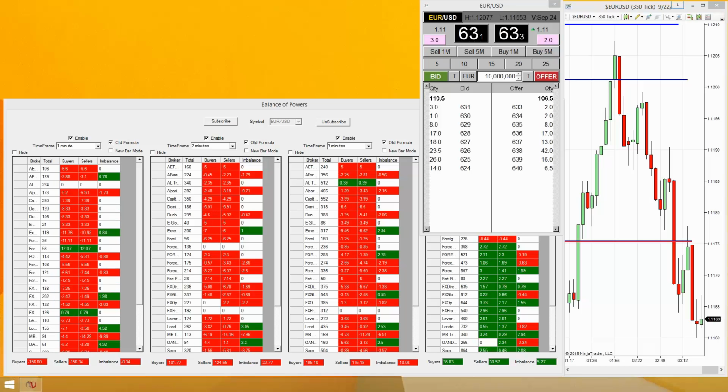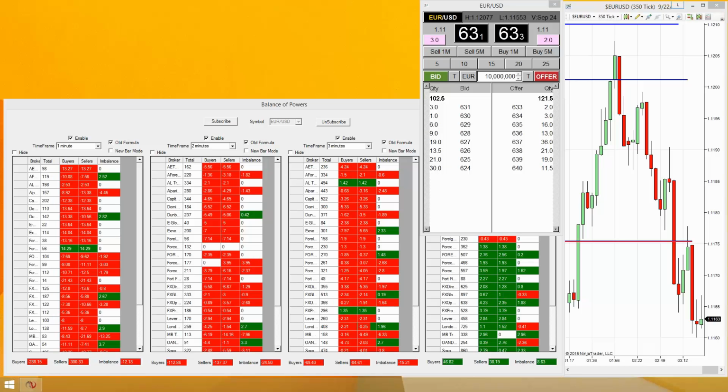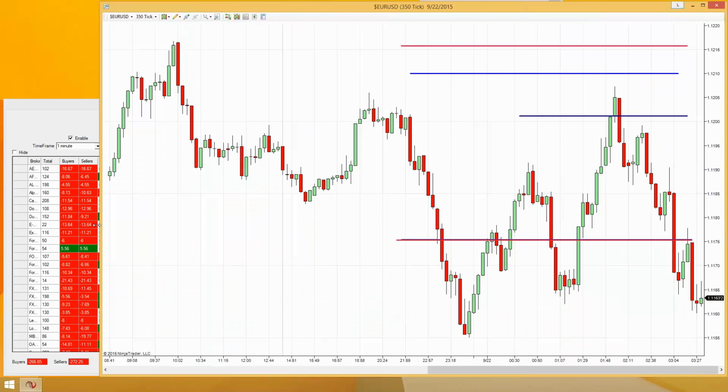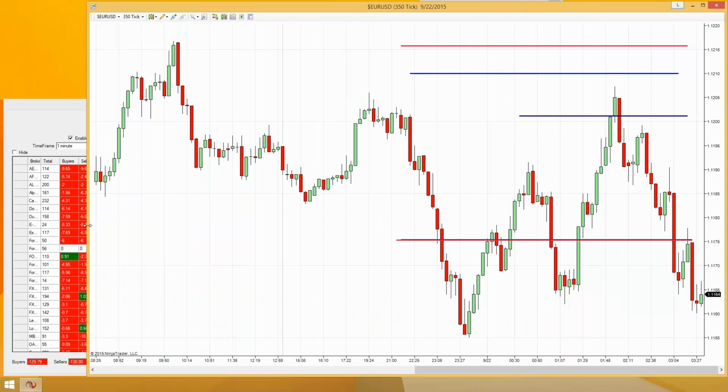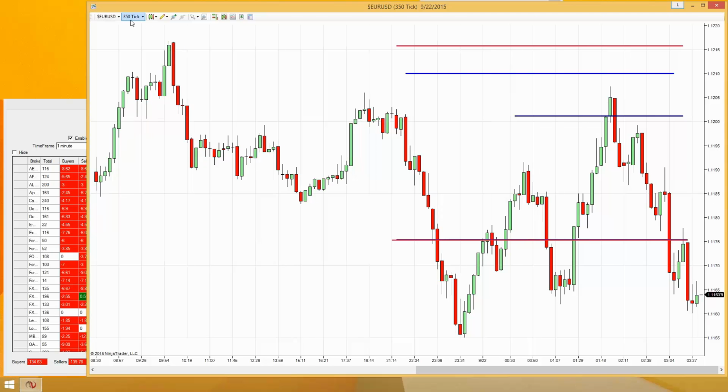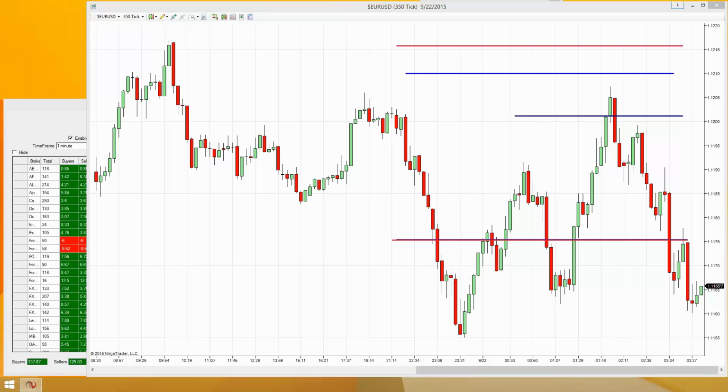I don't like to use 5 or 10 minute time frames for a specific reason. With a 5 minute or 10 minute time frame, they are time sensitive, so we're dealing with time. But with tick charts, we are dealing with ticks, like every movement in the market. By looking at tick charts, I can see what the price is doing.